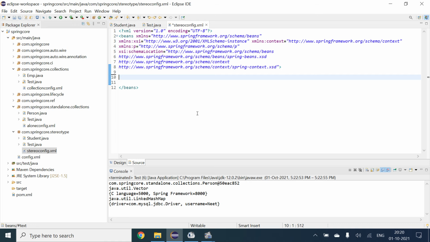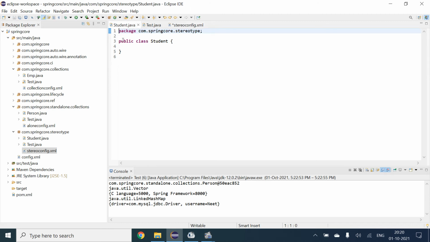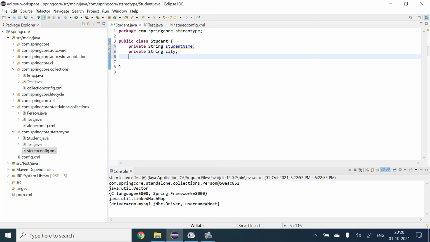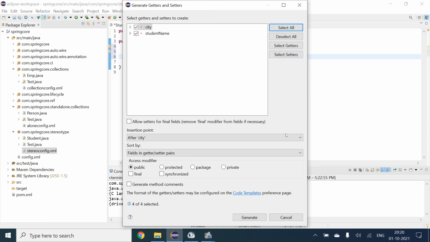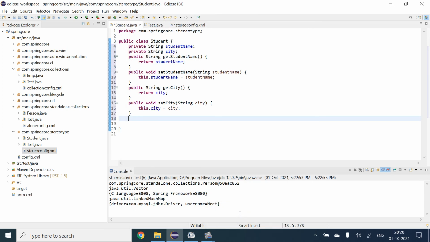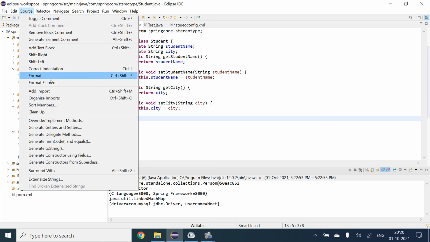We will now come into Student and declare some variables, such as city. Now we will create getters and setters, and the toString method also.